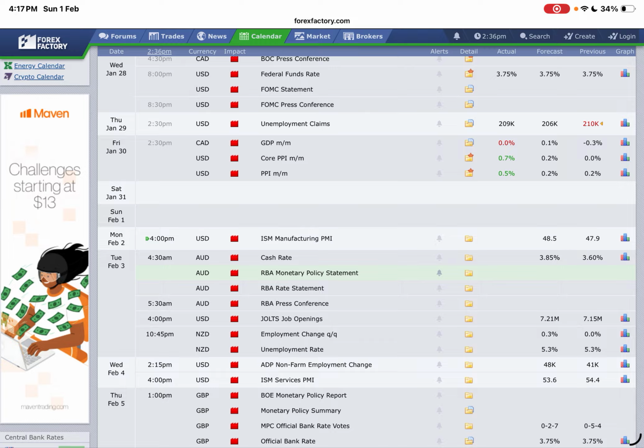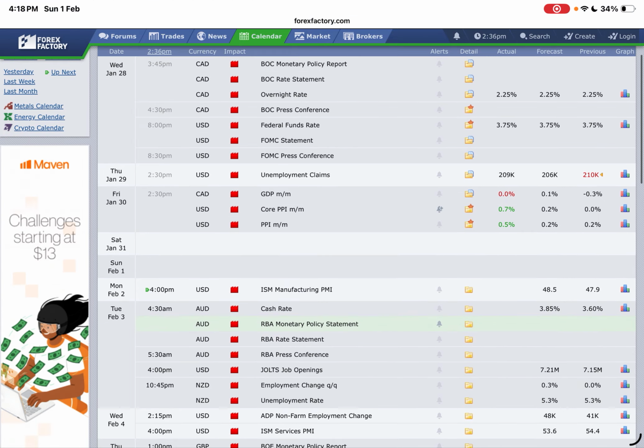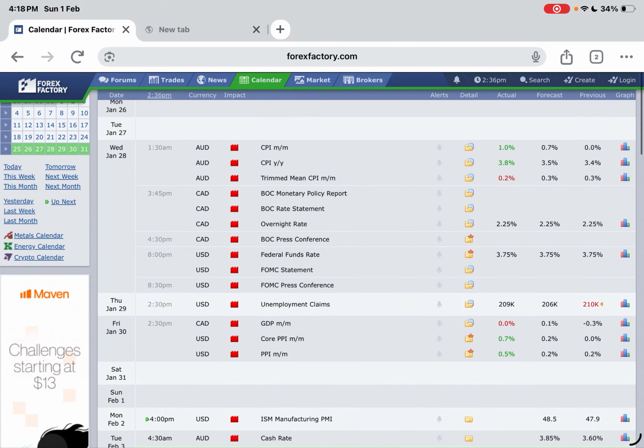If expectations of AUD's interest rate are to come out high, what you're supposed to be doing last week Wednesday, last week Monday, is looking for bullish entries on AUD. Do you understand? You buy it all the way till Tuesday. If we know that the employment rate on dollar is going to come out positive, which is next week, you would buy dollar before that news release comes out. And this is how I trade fundamentals with my students and with the VIP Signal members.